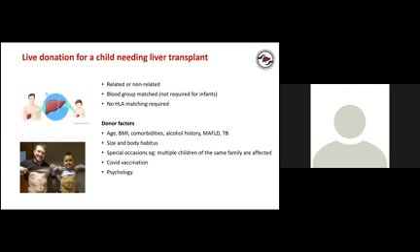Donor factors such as age, BMI, comorbidity, especially diabetes, alcohol history, whether they have metabolic associated fatty liver disease, and prior history of tuberculosis, all these things would come into play when we do the donor assessment. Size and body habitus might be looked into. And there are special occasions where we have to prioritize and use the grafts very carefully. If we have a family where all three children are affected with Wilson disease, and only the mother meets the criteria for being a donor, then you, as the medical team, have got a challenge.